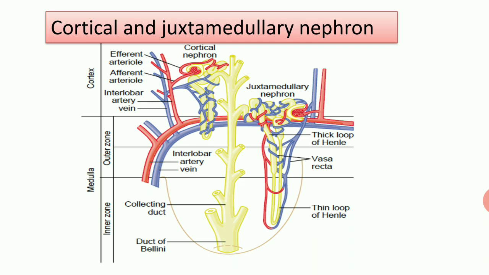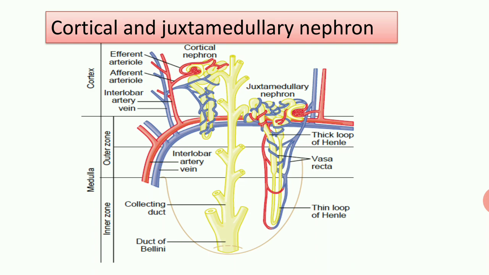So we have two kinds of nephrons, cortical and juxtamedullary nephron. The kidney is divided into two parts. The outer part is the cortex and the inner part is the medulla. The nephrons which are up to the cortex are cortical nephrons, and nephrons which go deep into the medulla are juxtamedullary nephrons. They are less in number, about 20%, but their important job is that they create an osmotic gradient in the medulla, and because of that urine can become concentrated.